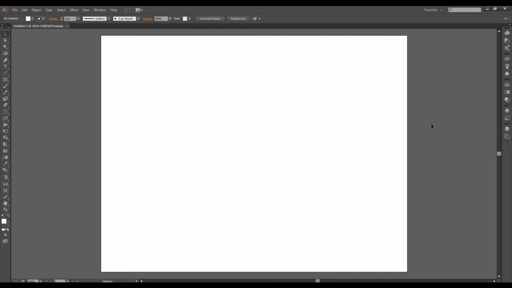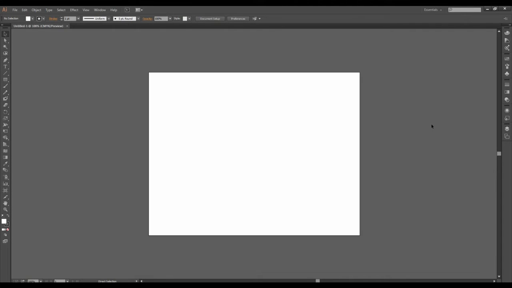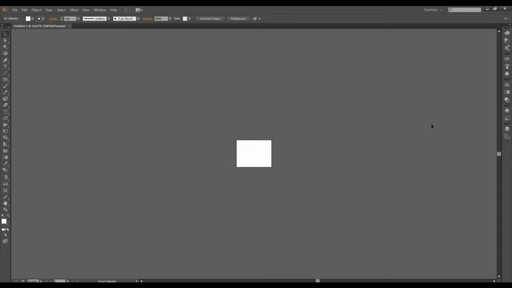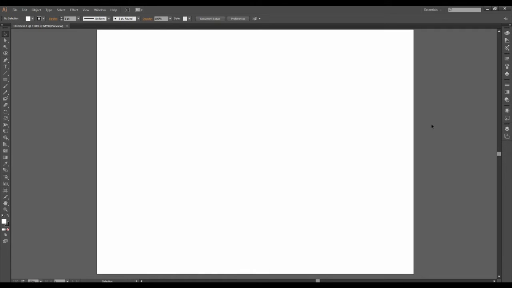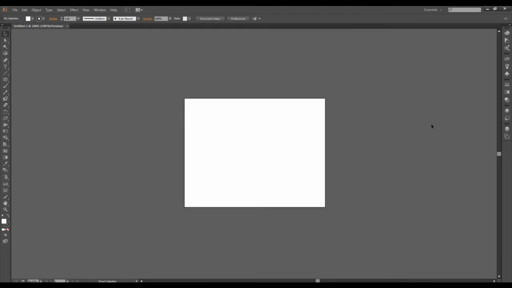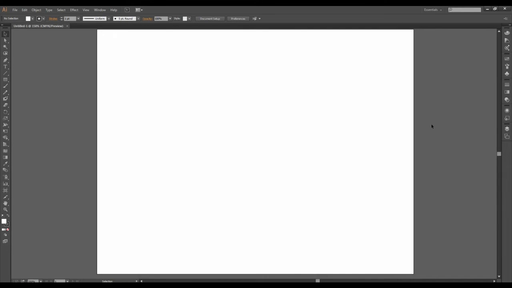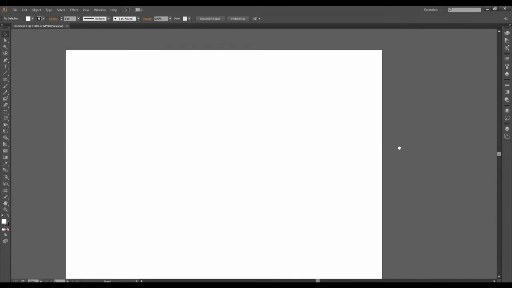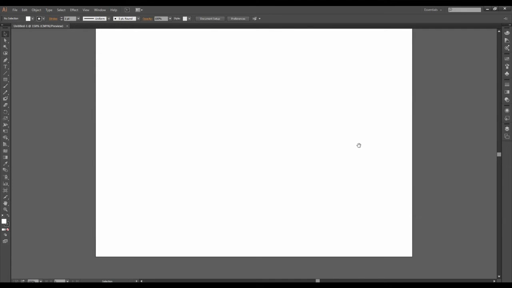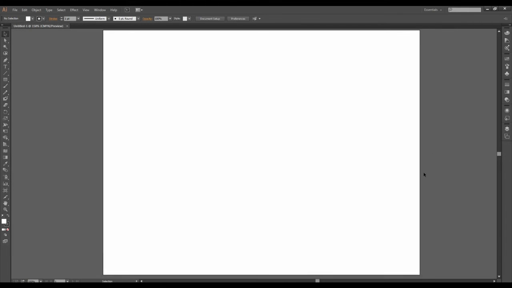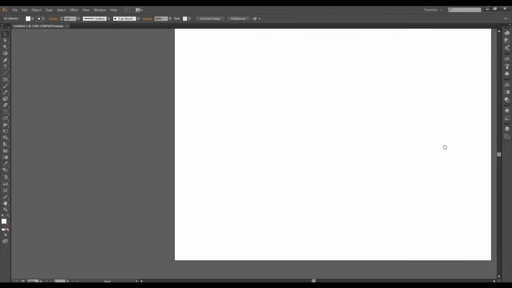There are a few basic controls to navigate the canvas. Control minus for zoom out, control plus for zoom in. And then you can hold the space bar and left click, and then you can drag around. Notice when I press the space bar, my cursor changes to a hand, and then I left click, that grabs the canvas, wherever you go, and then you can just drag it. So press spacebar, left click and drag to move the canvas.